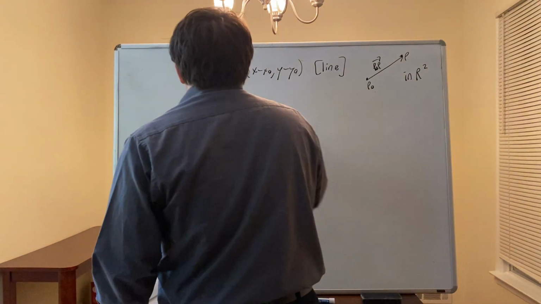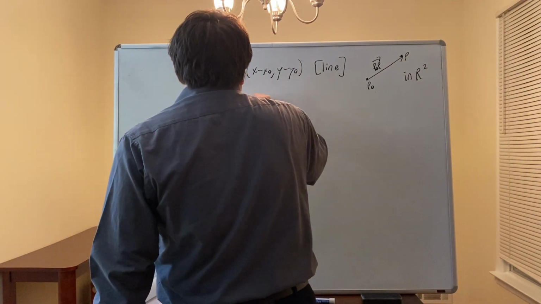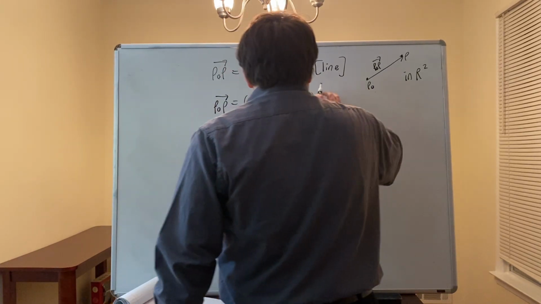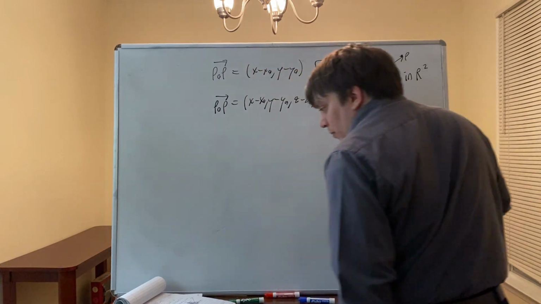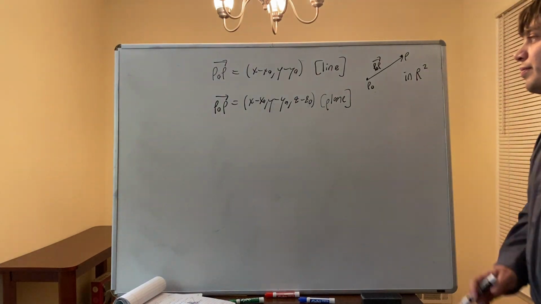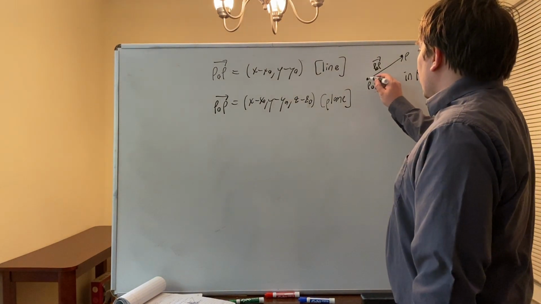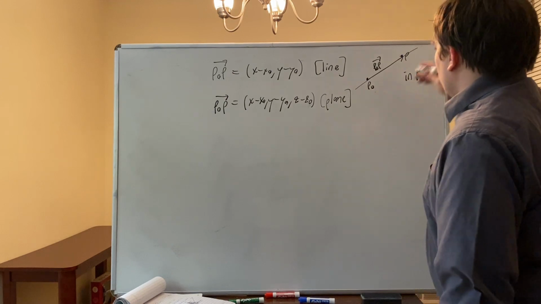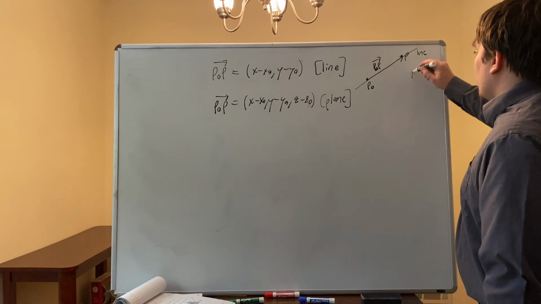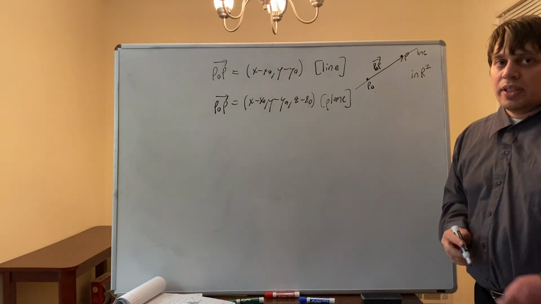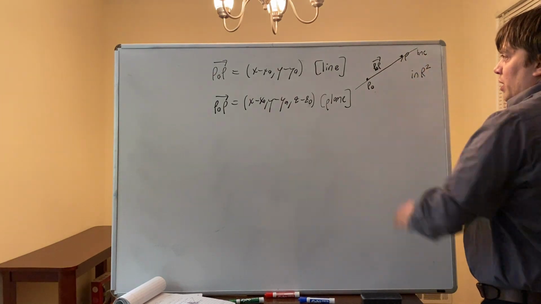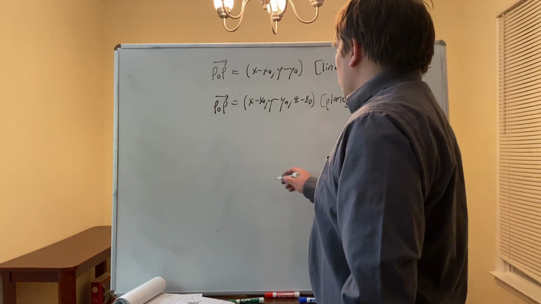Okay, and then P naught P is equal to x minus x naught, comma y minus y naught, comma z minus z naught, and this is for a plane. So along a line, if you take 2 points on the line, here's your line. Sorry, yes, in R2, so we're going to stay in R2. In R2 there's a line, and you're taking 2 points on the line, P naught and P, and you're getting this. Now in a plane,